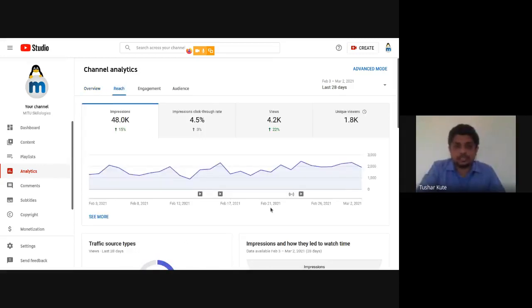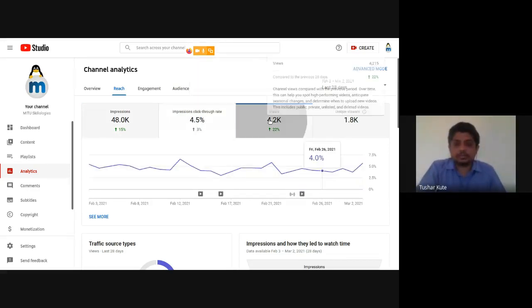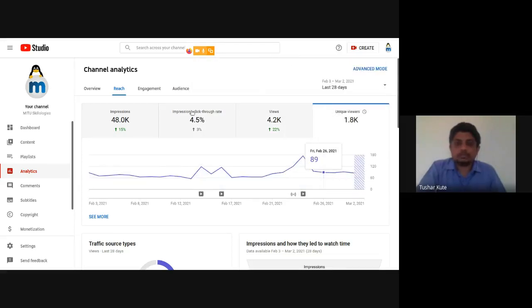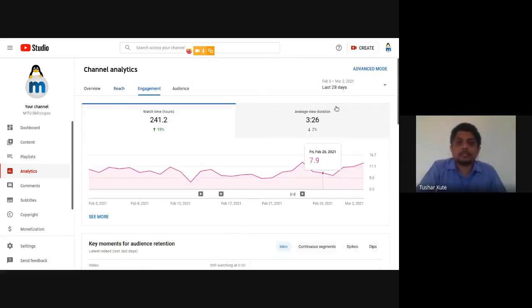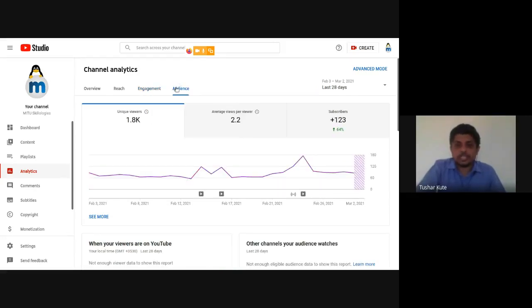See, here we can see the reach. This is very great. Actually, YouTube's dashboard is good. Even if you have an account on Google AdSense or Google AdWords, that also has a similar kind of dashboard. See, total impressions, click-through rate, and all. Engagement, how many people are engaged, and how many audience from different categories can also be seen. Subscribers, unique viewers, average views, and like that.